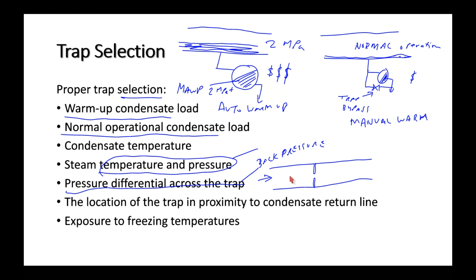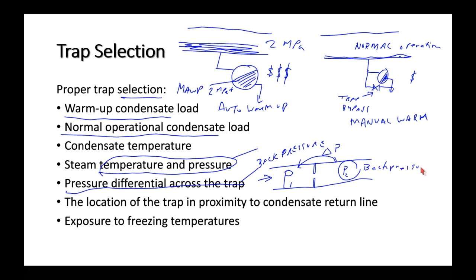So when we take a look at the flow through this orifice, we've got P1 here, and we got a smaller P2 there, and of course the flow across that orifice is going to depend in part on the delta P as well as the orifice size. So this P2 here is the back pressure,